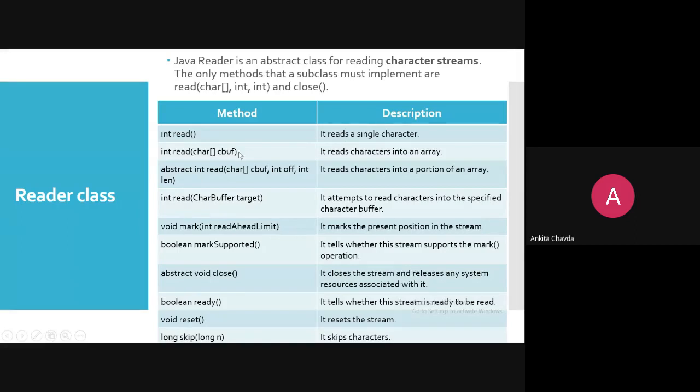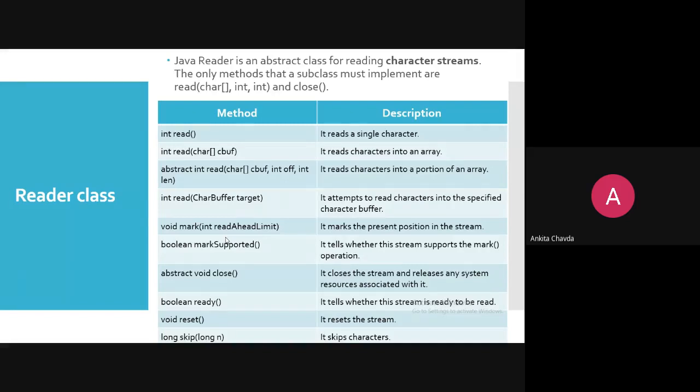Then void mark. What will mark do? Mark will only mark the present position in the stream. Some streams do not support this marking, so you cannot store where you are right now, at which byte you are reading the data.